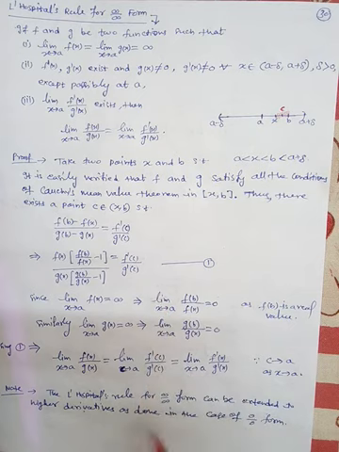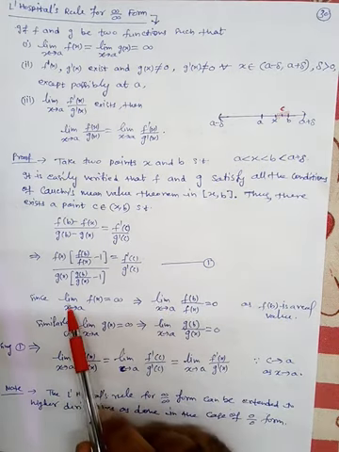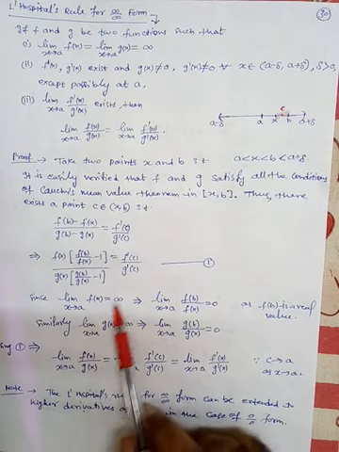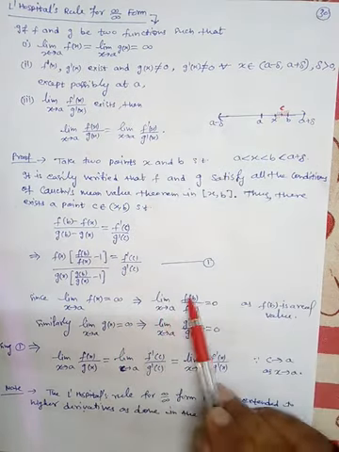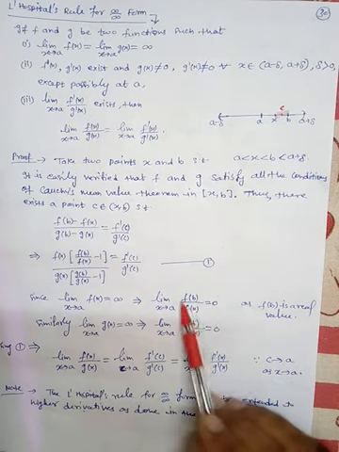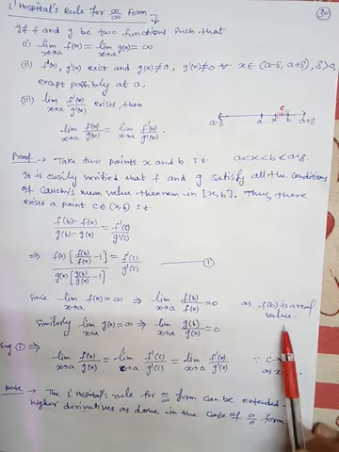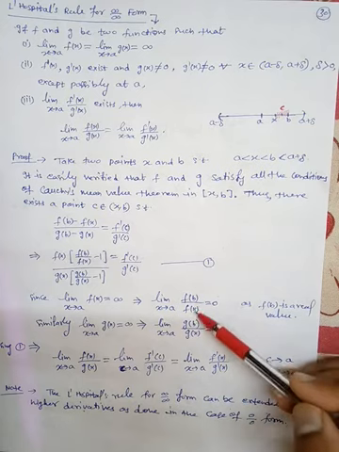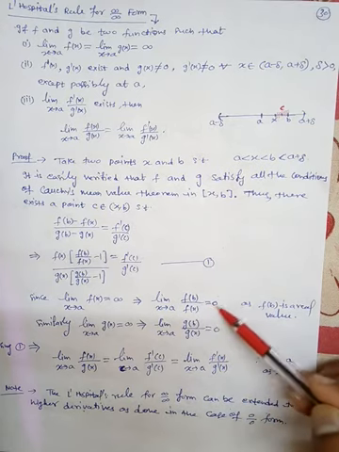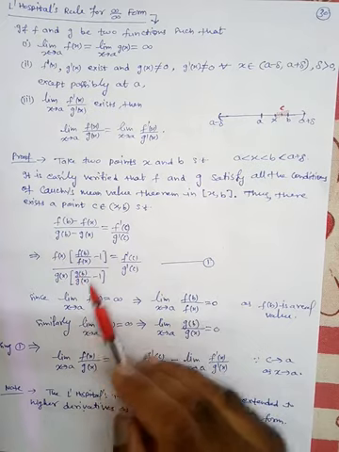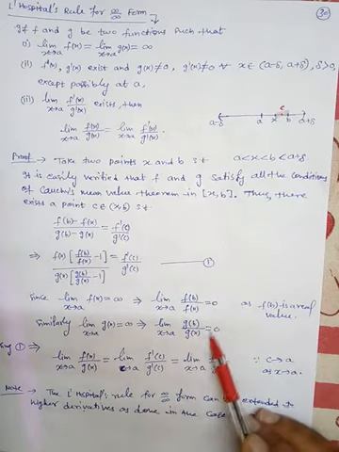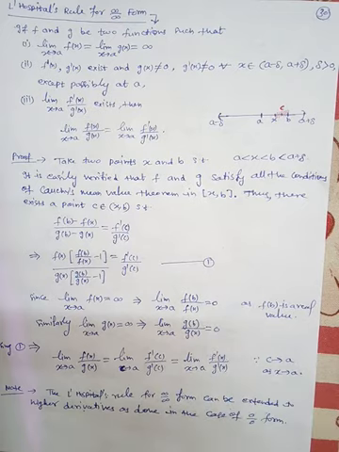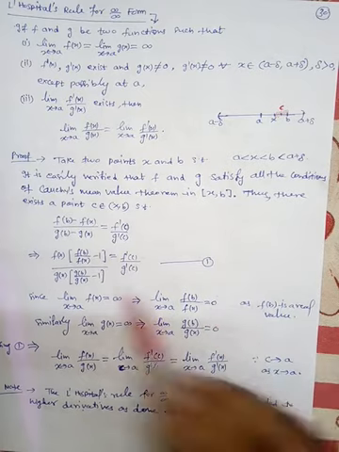Okay. So here, since the limit as x tends to a of f(x) is infinite from the first condition, we can say that the limit as x tends to a of f(b) upon f(x) will be 0, because f(b) is a real value. So this is any real value, this is infinite, so obviously the result will be 0. Similarly, the limit as x tends to a of g(x) is infinite, so the limit as x tends to a of g(b) by g(x) will be 0, because g(b) is a real value. So now use these two limits here.